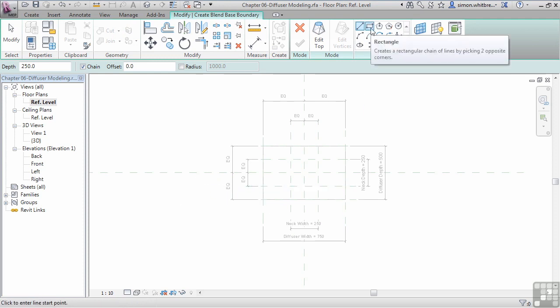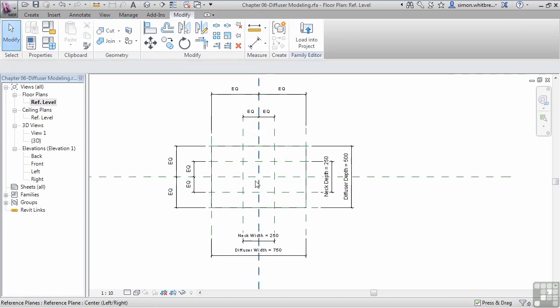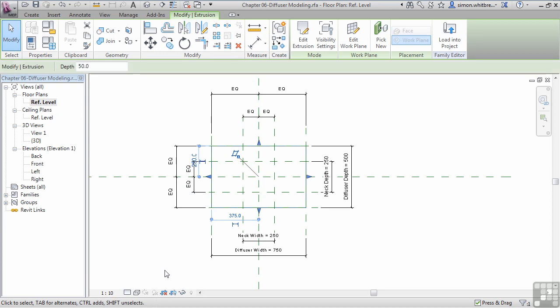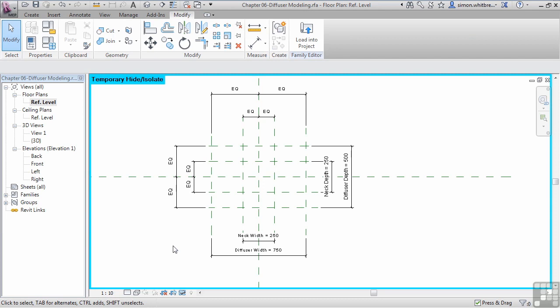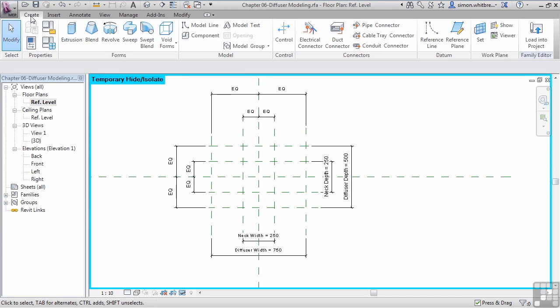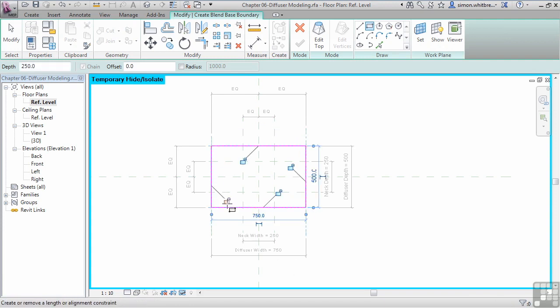Here I'm going to create a sketch for the base, and it's going to go in the same location as our previous sketch. But what I really want to make sure is that we're not using the lines from the extrusion. So let's cancel this for the time being. Select the extrusion, and from my view control bar, hide that in the view so I can only see my reference planes. Go back to the Create tab, click on Blend, create my bottom sketch, lock it,